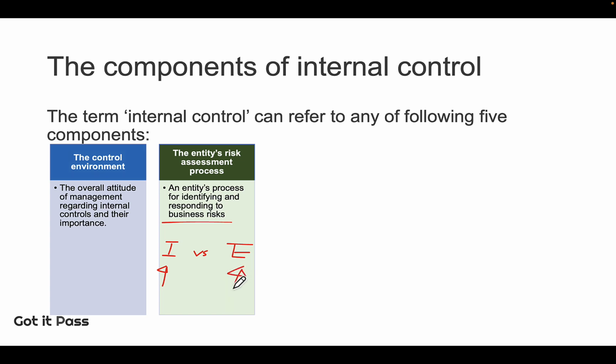And for external business risk, the elements we covered in the PESTEL analysis include political factors, social factors, economic factors, legal factors, technological factors, and environmental factors. So all the external factors, like what we discussed in the PESTEL analysis, are business risks to the entity. An entity should have a process to identify and spot business risks and decide how to respond to them. And once a risk is identified, management must investigate its significance, the likelihood of its occurrence, and how it should be managed.